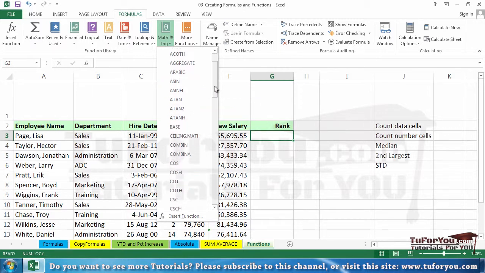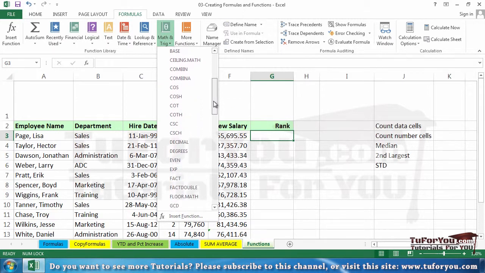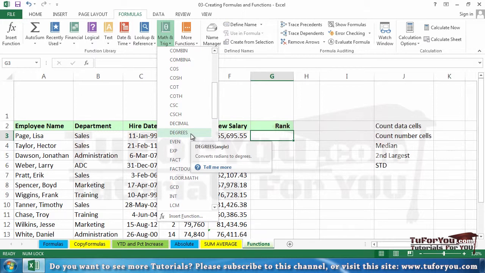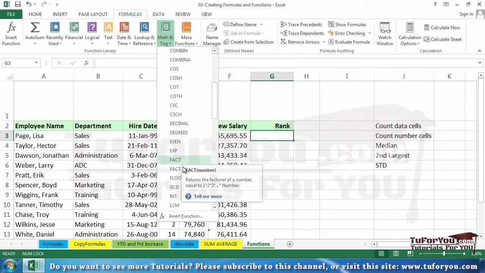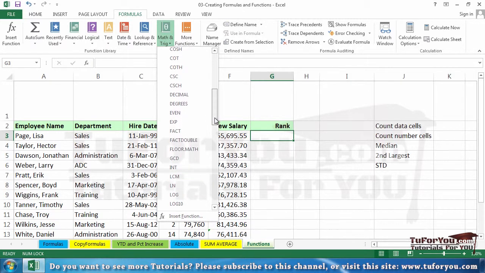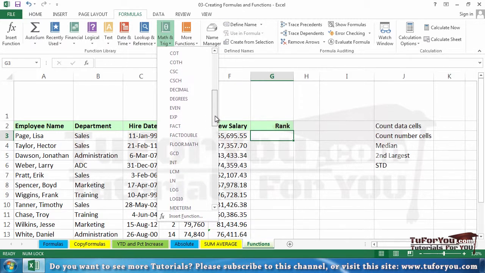Sure enough, some of these names are going to jump out at you, something about degrees maybe. Converts radians to degrees, that may or may not be useful to you. Here's something called FACT, which opens us to factorials, which is something you may have heard of. Logarithms, those are built in there. It sounds like maybe we're in some big fishing expedition, but, based on the work that you do, maybe